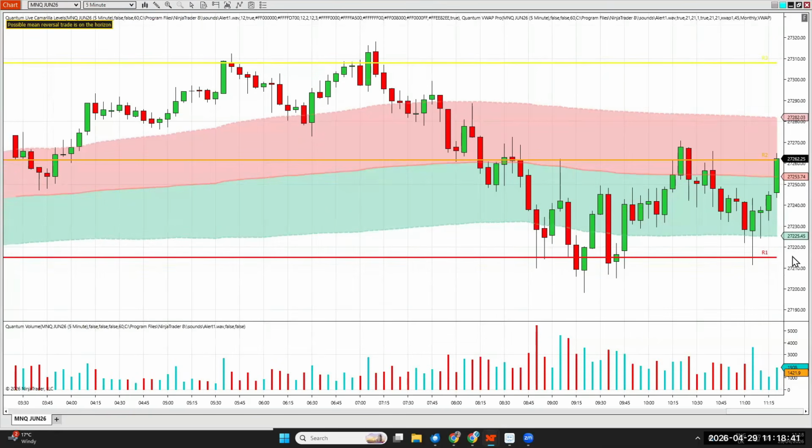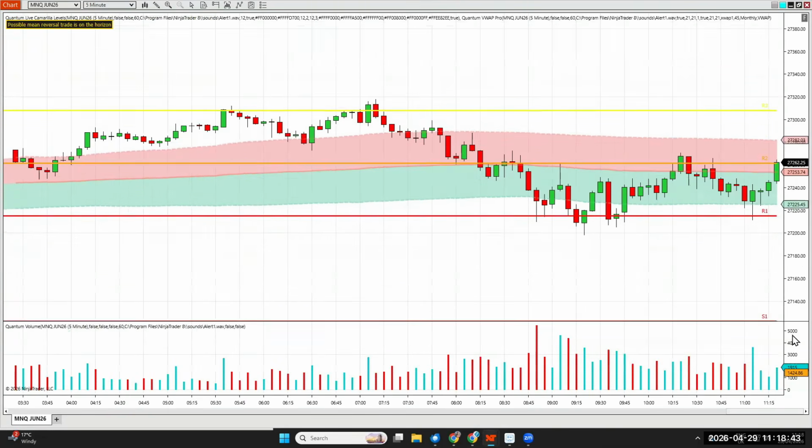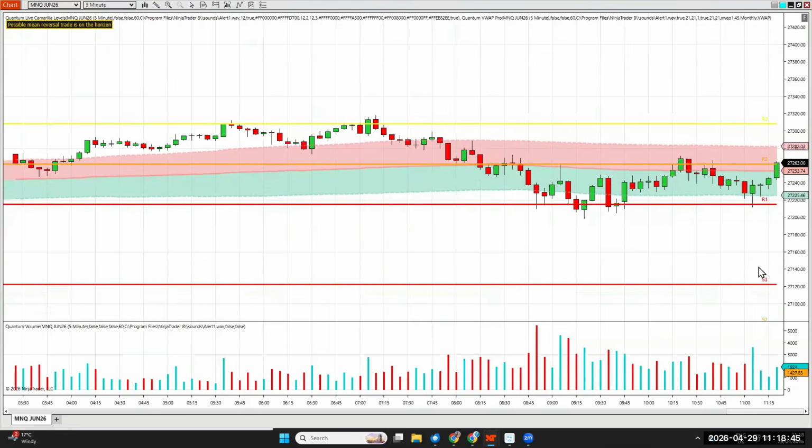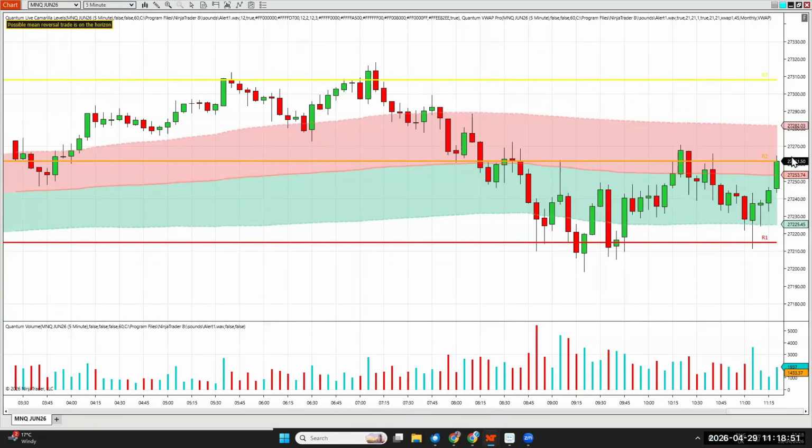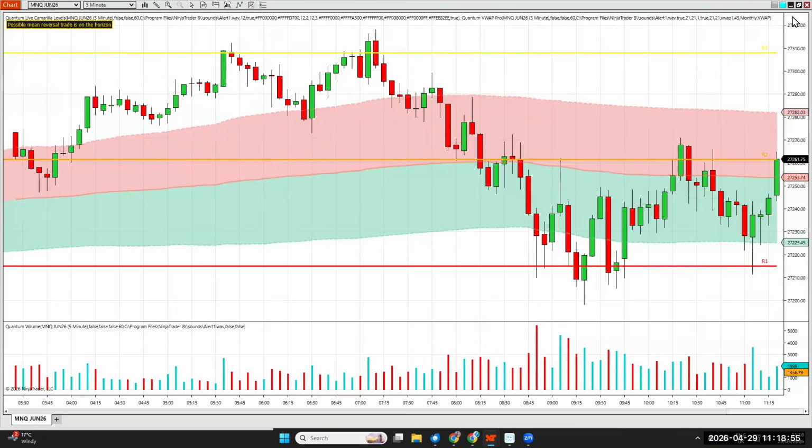I've got the Camarilla levels, as you can see, if I just pull this up. This was the buffer range, R1, S1. We've moved outside of that. We're just testing the R2 level. And if we break through R2, then we should see it move on and up to the R3 level. And in addition to that, I've also got the VWAP on here. So what we're looking for here, again, in a similar way, we're looking for this to move up possibly through